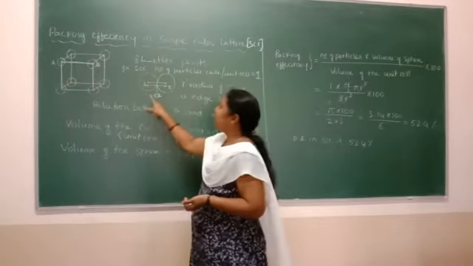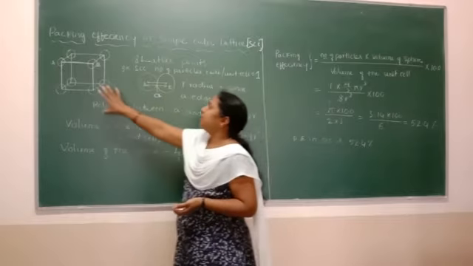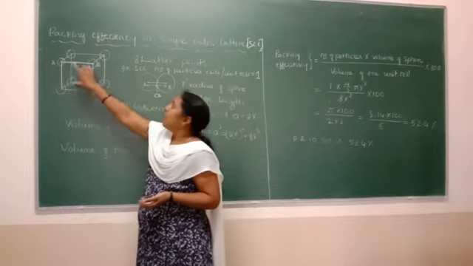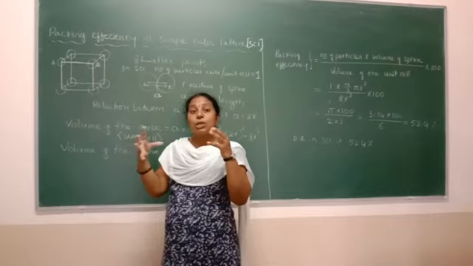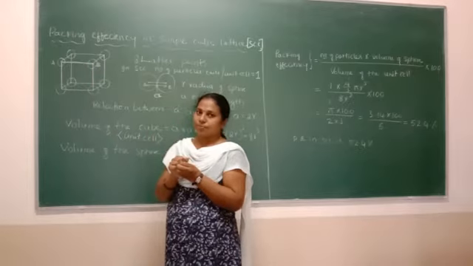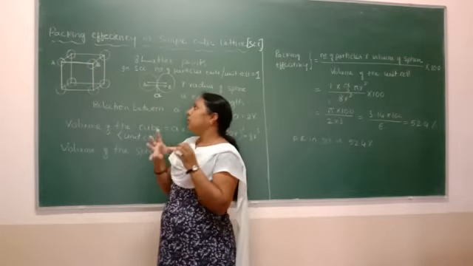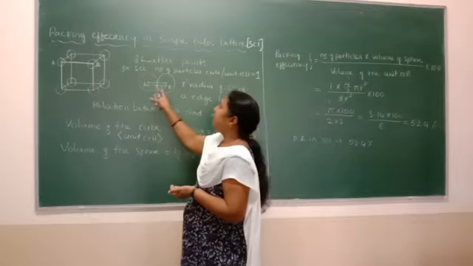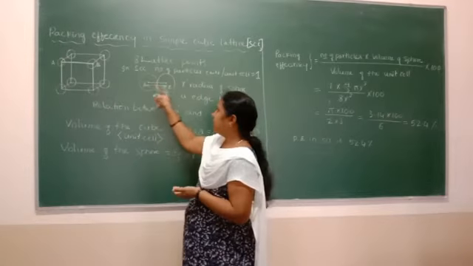We will consider only 2 spheres. In this unit cell, all the 8 corner particles are closely arranged. So all the 8 particles are closely arranged, and in between the particles there is no gap.